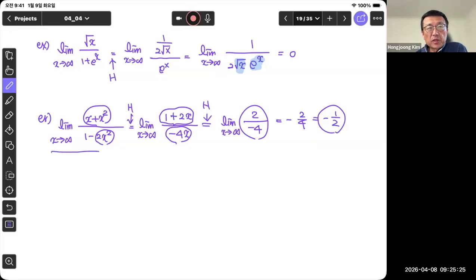Okay. So these are some examples of the L'Hopital's rule. Please remember, when both the numerator and denominator go to 0, or when both diverge to plus or minus infinity, we can apply the L'Hopital's rule. Okay. So please remember, now,